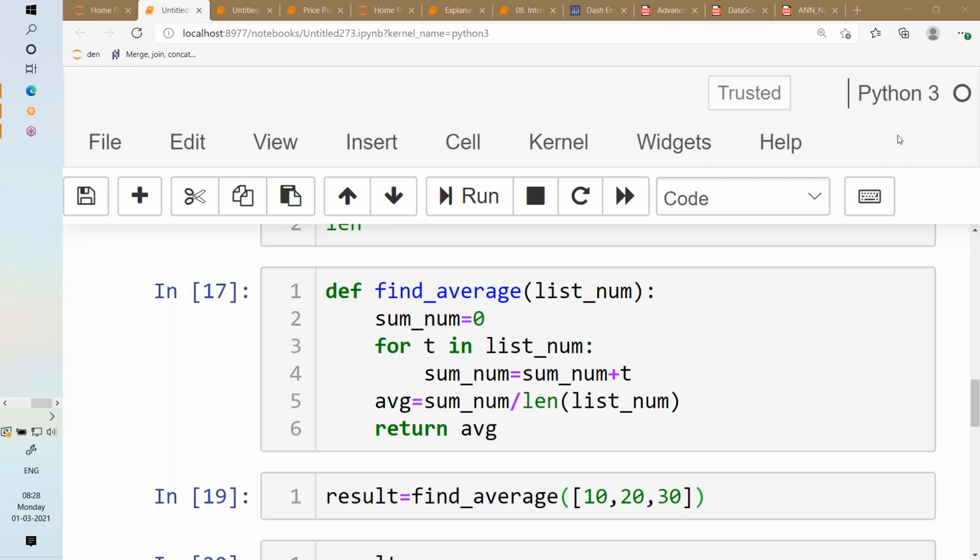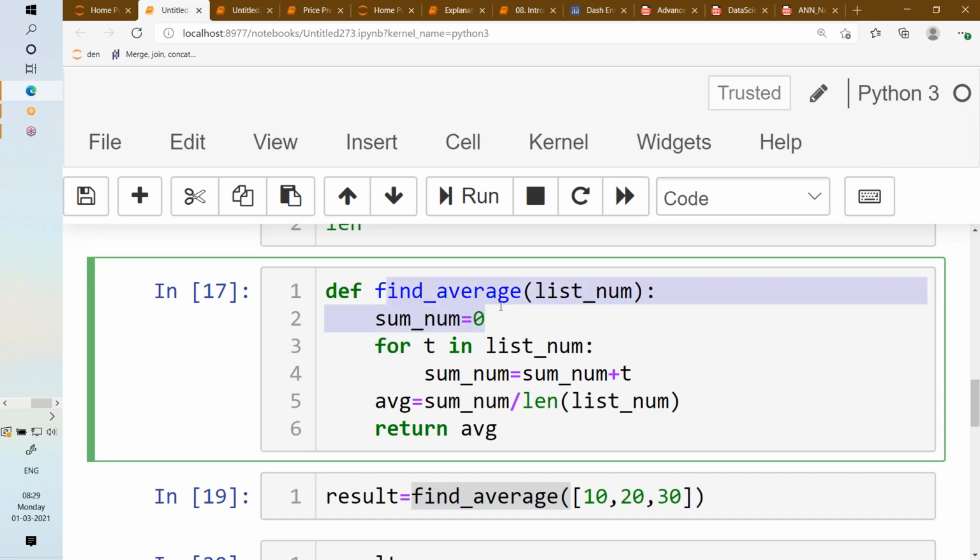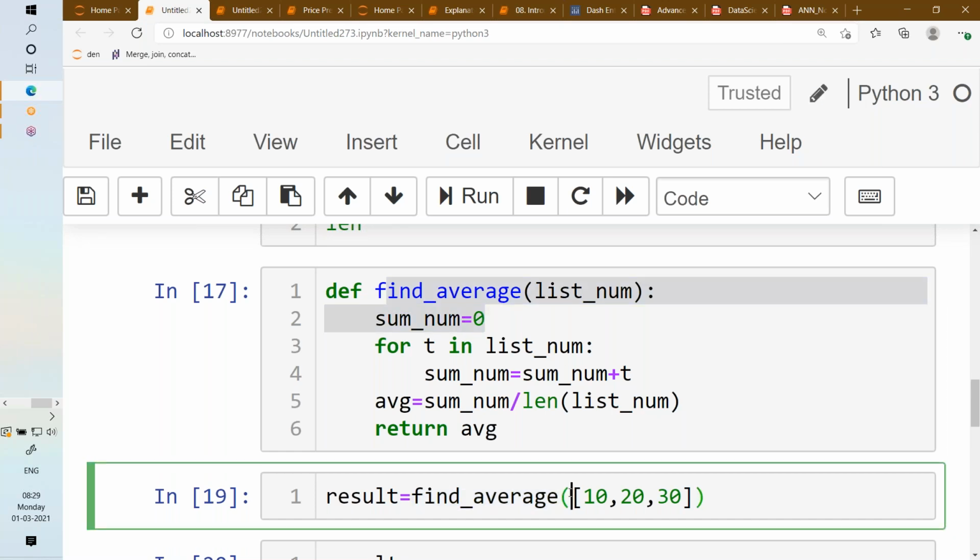In line 19, you have mentioned result equal to find average. Is that a different thing you're doing there? What was the purpose of writing line number 19? Yes, find average is the function that I'm calling, and it is taking a list as input. So I'm passing this 10, 20, 30, which is a list, as input to the find average function, and then it returns the result using the concept